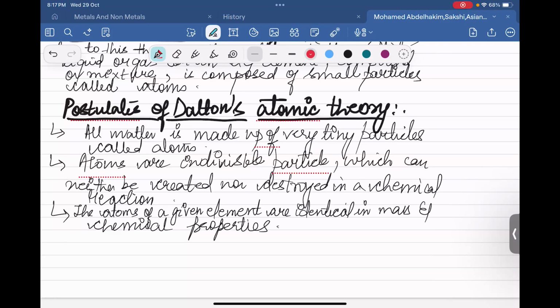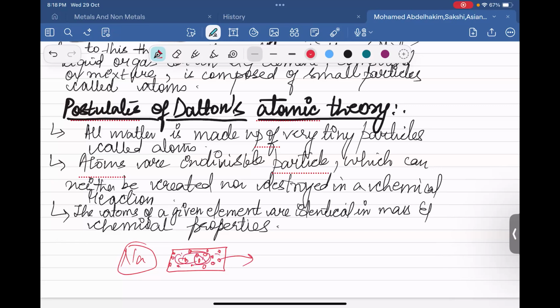The atoms of a given element are identical in mass and chemical properties. Suppose we are having an element, we can say we are having sodium. Sodium is also a metal. It is made up of very, very small particles called atoms. This you know. So this Dalton, he was saying that all these atoms of an element